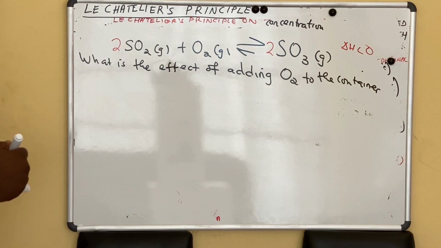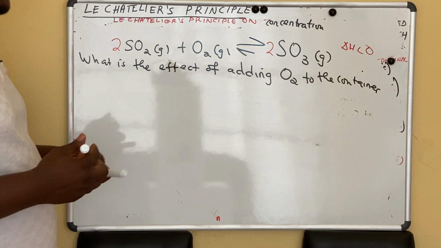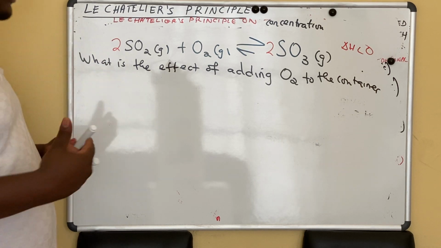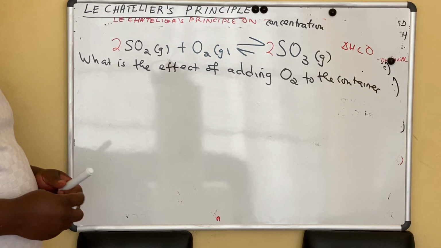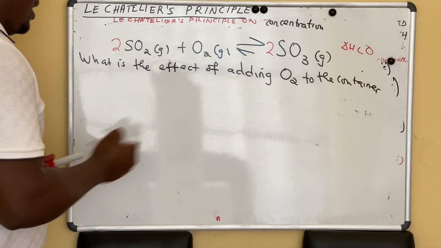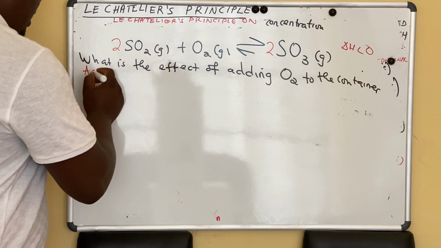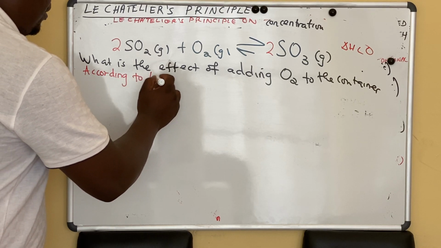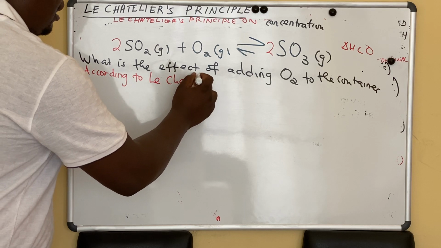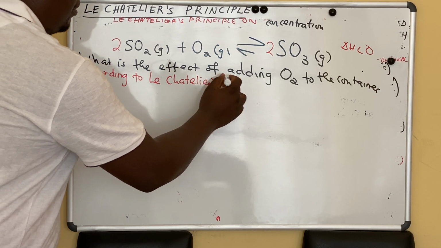So when we add oxygen, what have we done? We have intentionally increased the concentration of oxygen. Can you see that? So again, when we are answering, what do we say? We say according to Le Chatelier's principle,